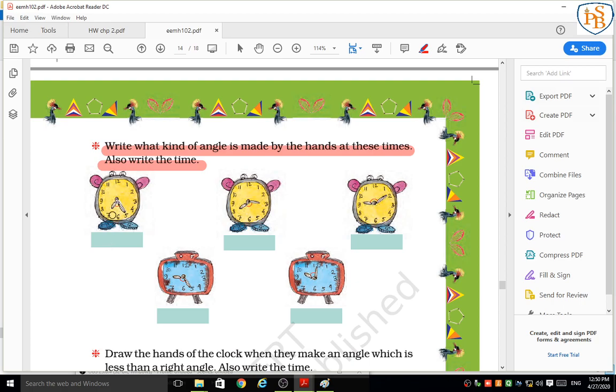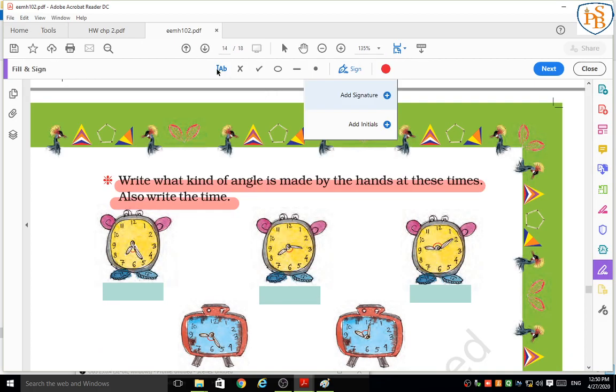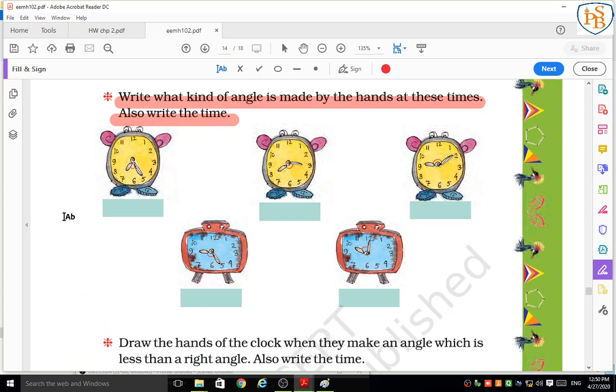Our hour hand is on number 7, the minute hand is on number 5. So students, can you tell me what is the time? I will write over here. What is the time? Yes, very good. 7:25. Correct? Or 25 minutes past 7. We have learned in Class 3 different ways we can say the time. So if we say it's 7:25, your answer is right. And if we say 25 minutes past 7, then also your answer is right.